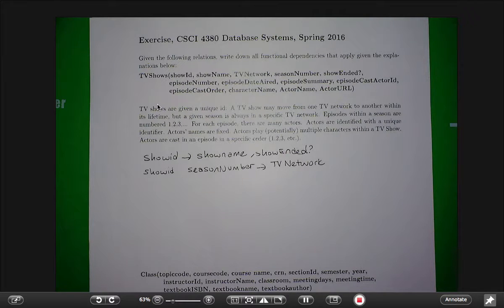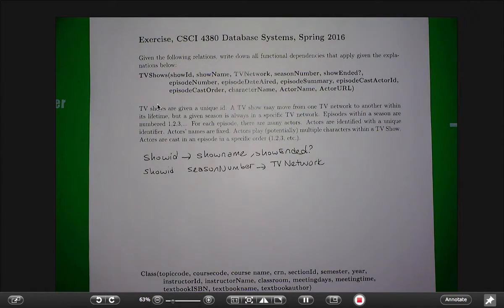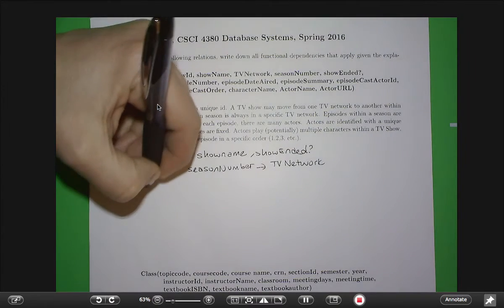Okay, so how about the episodes? How do I find the episode date aired? That should be fixed for... Remember TV. So okay, now you will learn to look back, right? TV network actually is implied by show ID and season number, right? So go back in time. Show ID, season number, and episode number, right? So given those three things, because episodes are 1, 2, and 3, not 1, 1, not 1, 1, 1, 2, 1, 3. So show ID,